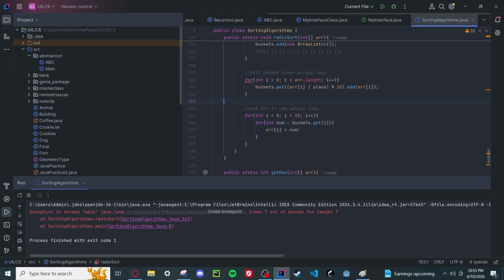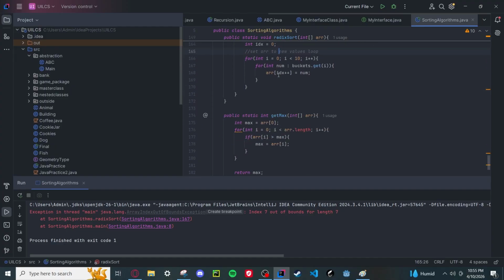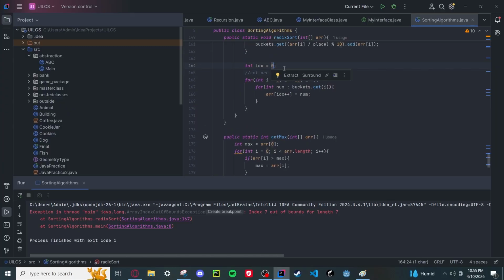Let's just, we have to define something right here. I'll call it IDX, and we'll do IDX here, because when we're going through this loop, right? Your array is probably not going to have 10 different distinct elements like mine doesn't, but your bucket sort has 10 elements. So technically what we're doing here is if we set this i, we're eventually going to reach i's like 7, i's like 8, i's like 9. They don't really exist in our array. So by creating an integer IDX and storing outside and only updating it here, right, we're essentially saying, okay, look,